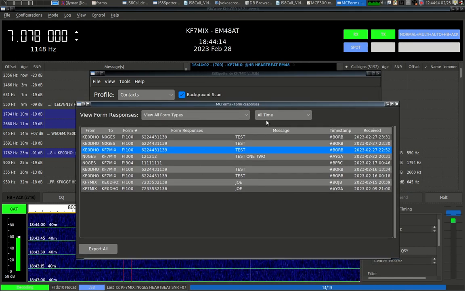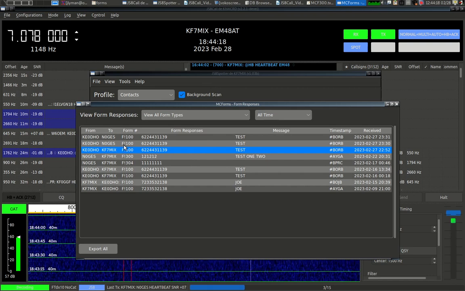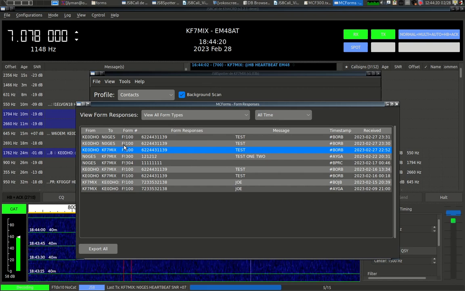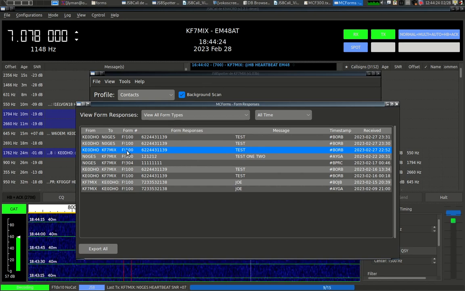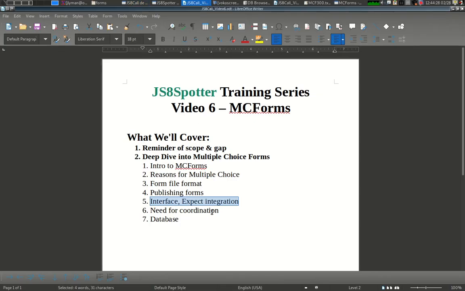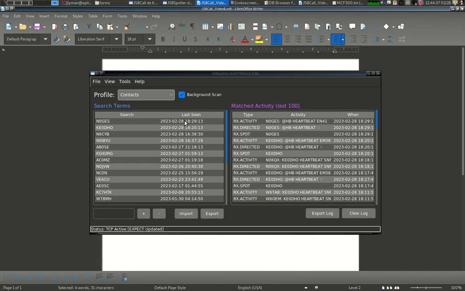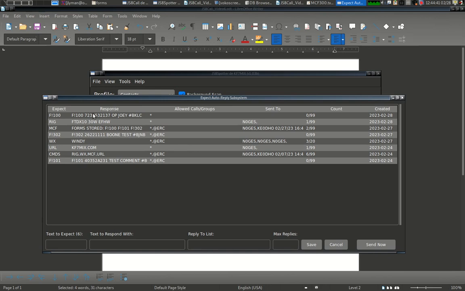So that's basically how you fill out a form, how you make a form format, how you transmit it, how you receive it, and how you then get the actual report from that form. All right. Expect integration, we pretty much covered that. If you understand the expect subsystem, then you understand what it means to have something stored in this screen, and